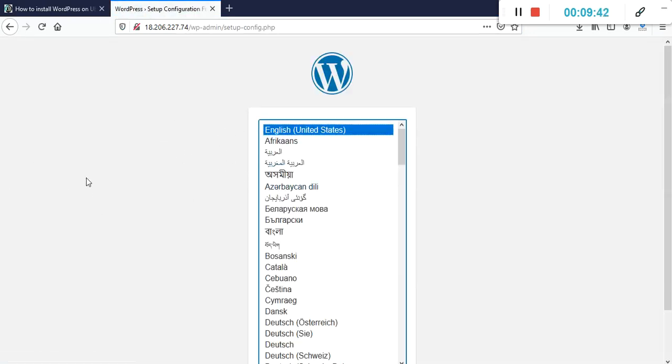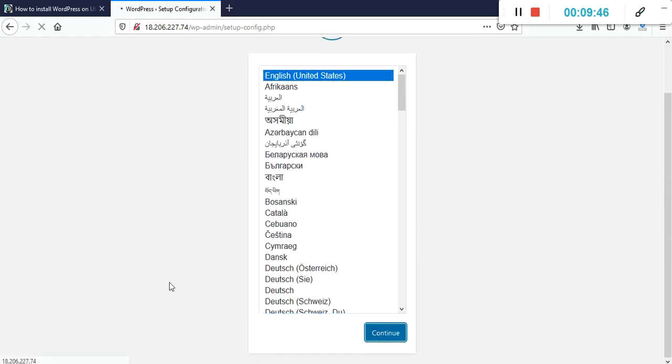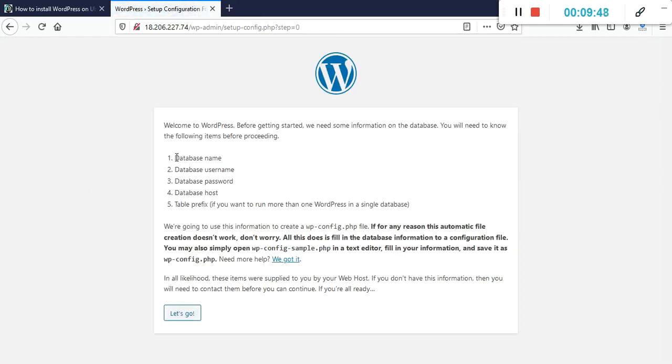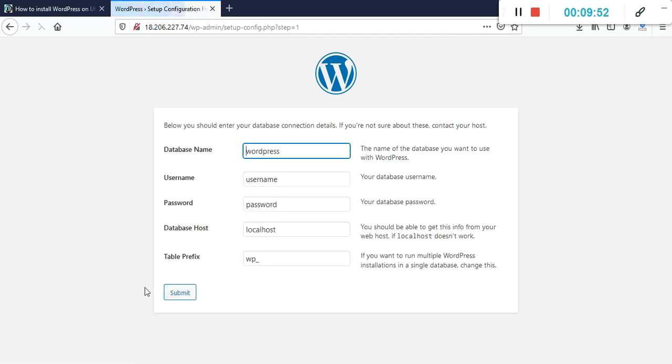So here we are getting these things. We need to select English, continue. Yes, we are ready with the database name, username, password, and host. Here we need to put the username, password, and all those things. The database name is the same.